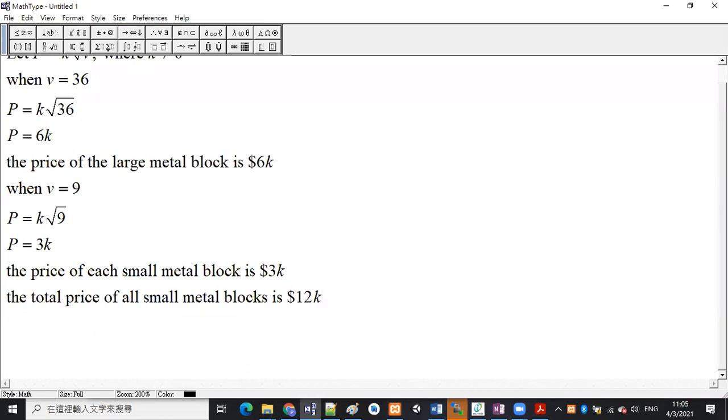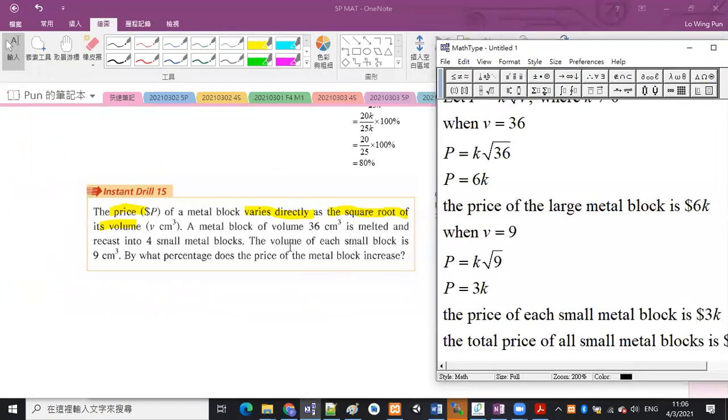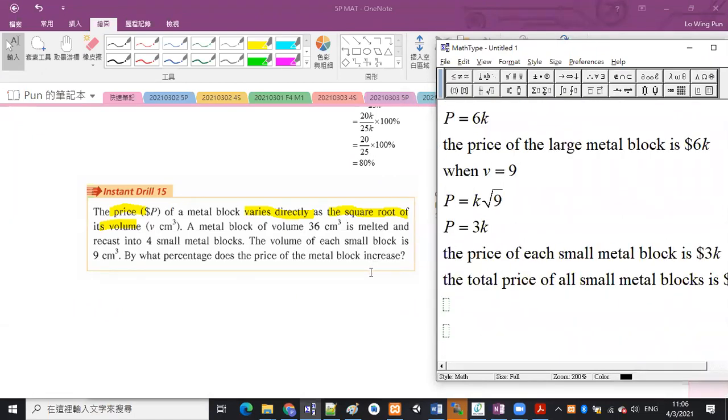Can you get this? 即係話咧，當嗰啲 metal block 切細咗之後啊，咁個價值咧反而係高咗喎，因為原本當佢係一整嚿嘢嘅時候咧，佢係6K 咁多錢。而家咧切細咗變成4嚿之後咧，佢嘅總價值咧係變到12K 咁多錢喎。咁即係一個增加，係一個 increase 嚟㗎啦，係嘛？咁然之後佢問你by what percentage does the price of the metal block increase？究竟增加咗幾多 percent 咧？咁樣樣，咁我哋咪計咯。